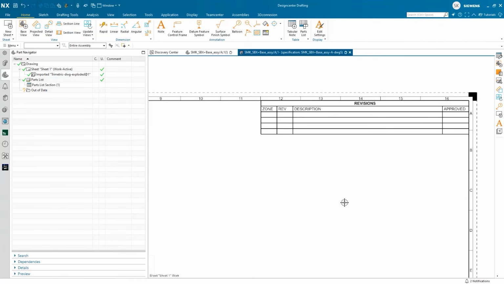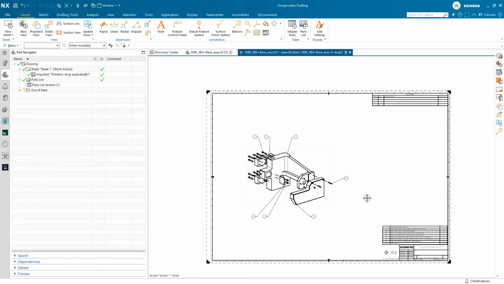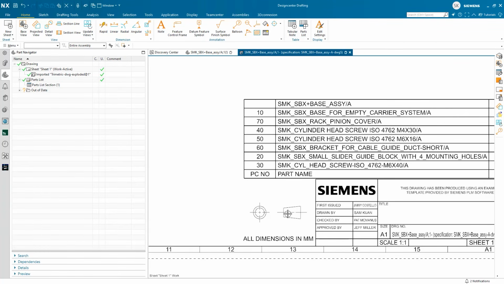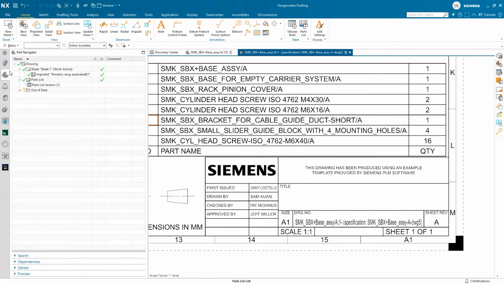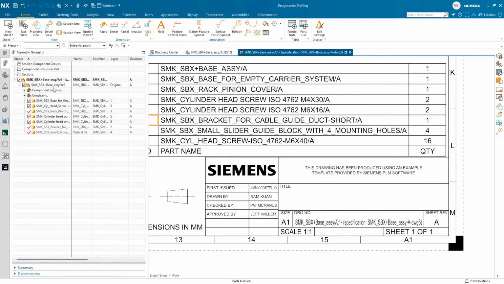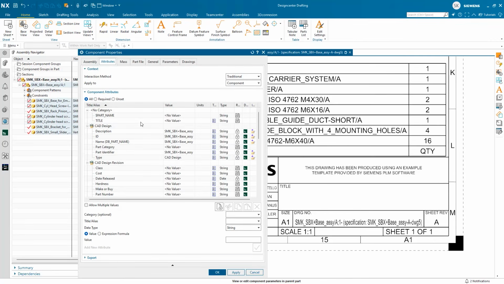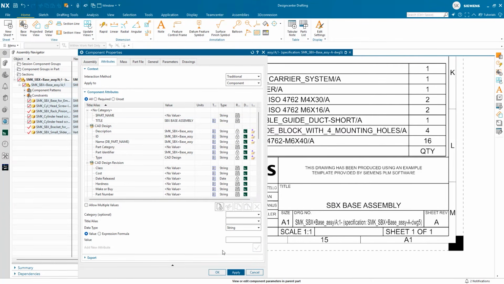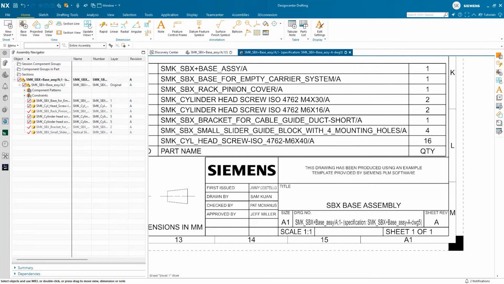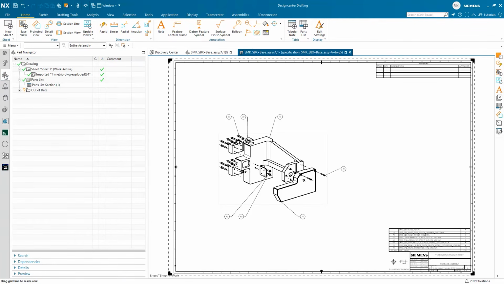Next thing we want to do is go ahead and add attribute information in my title block. Under my title block, I have third angle projection information already there, but my title block information is not there. So I want to do a right mouse click on the properties, go into my subassembly. I see that in the attribute field, the title block is empty. So I'm going to just quickly type in what my title block naming is. The minute I select apply, it fills in that. So that's how in the drawing we filled out all the attribute information that is available.